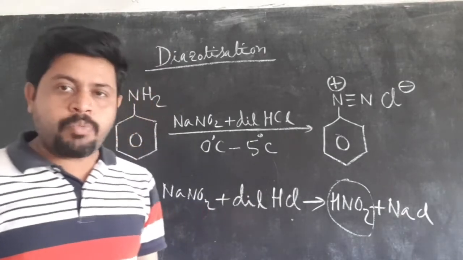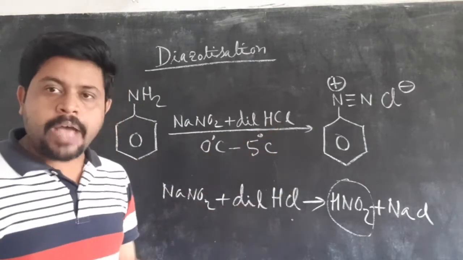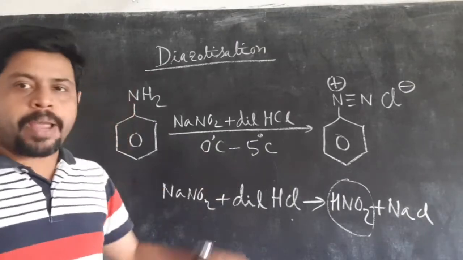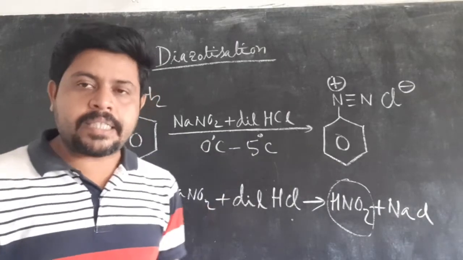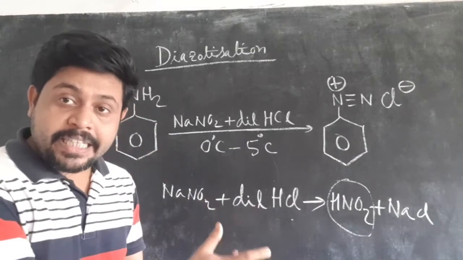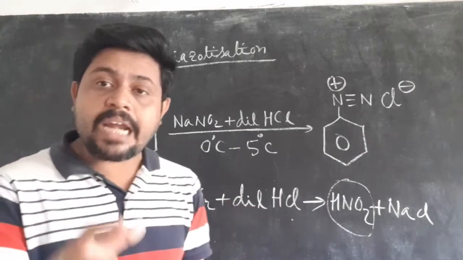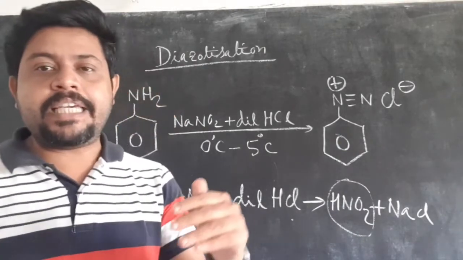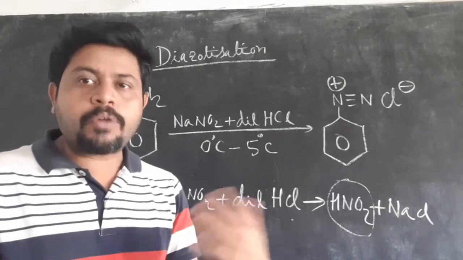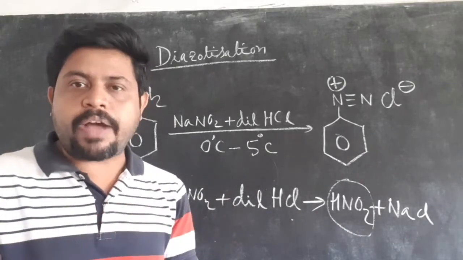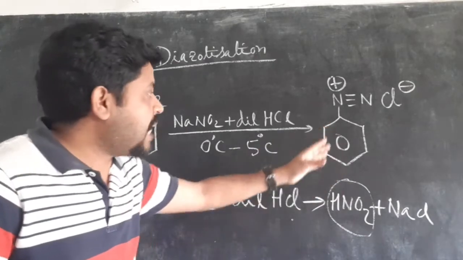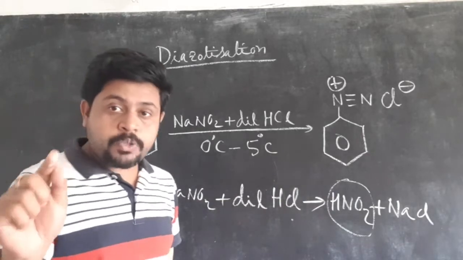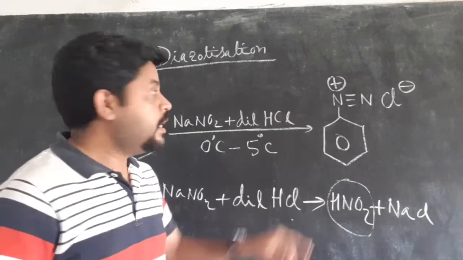First I want to say one thing. The reaction happens at a particular temperature, 0 degrees Celsius to 5 degrees Celsius, and that is why the product we get in this reaction is called the thermodynamically controlled product. Now the question is, what if the temperature is more than 5 degrees Celsius? Then the benzene diazonium chloride salt is not going to form. Why? Because if you observe seriously, you will find that